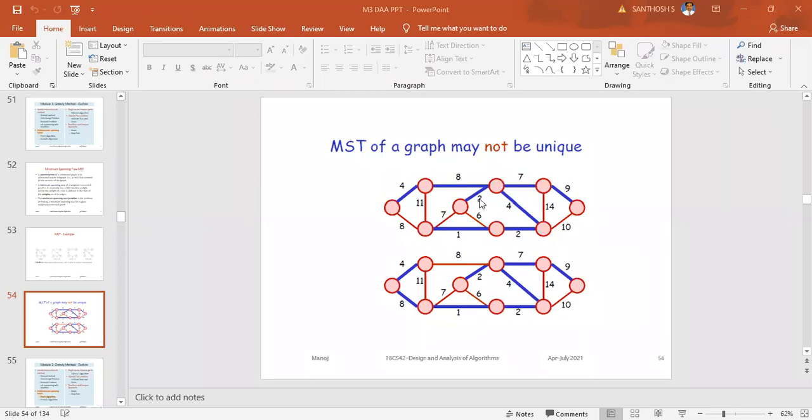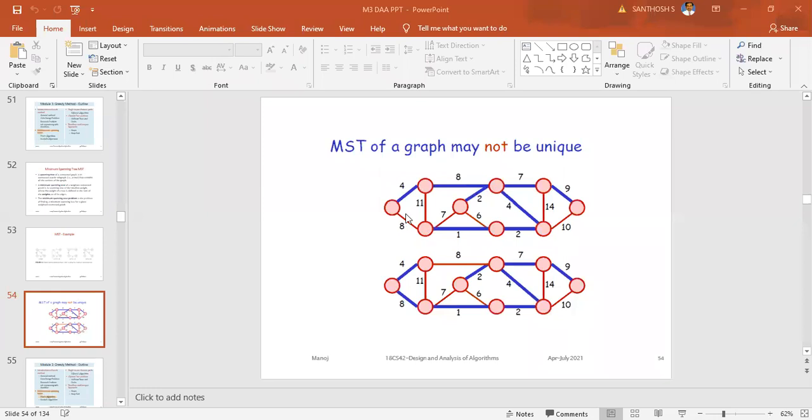So cost from 4. Now you are coming for this node. From this node, which is the next one? 2, 4, 10, 14. Which is the minimum one you are having? 2. So that's why you go with the next path, 2. From this one, 2, 6, 1. Which one is the next minimum path you will go? That is 1. Okay, so all the nodes are visited.